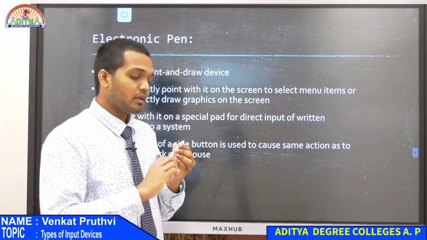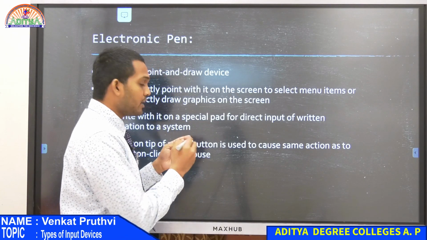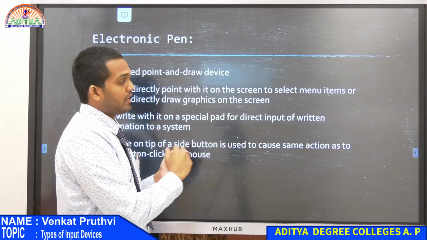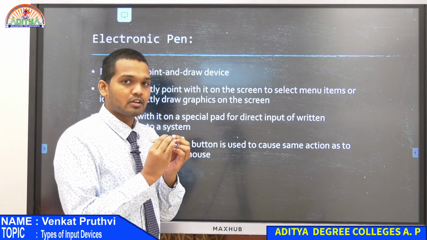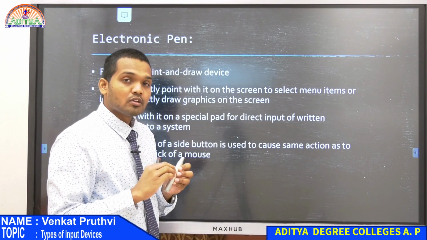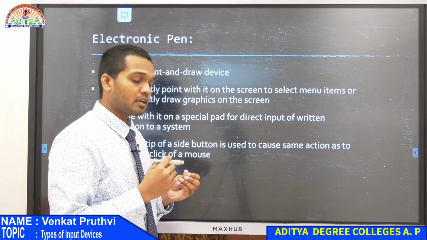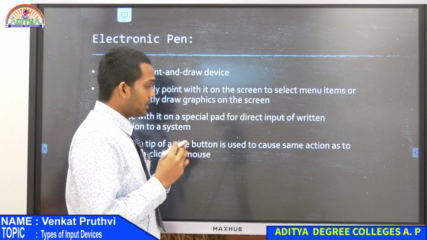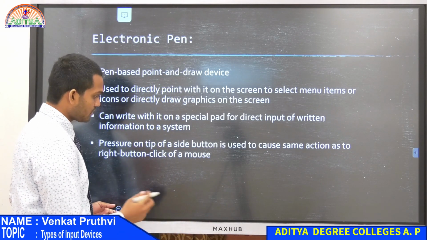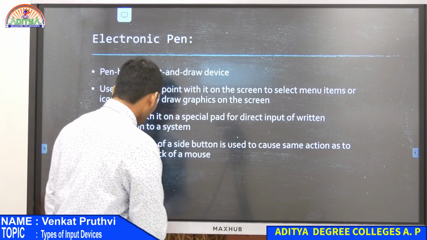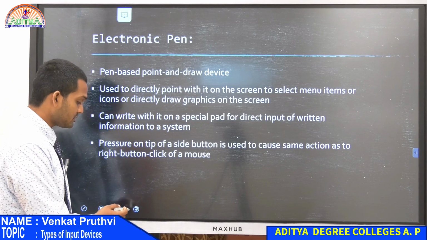Let's assume this is the electronic pen. Now what happened was, when that laser beam was pointed towards the screen, the electronic circuit inside this electronic pen used to communicate with the computer hardware. How is it communicating with the hardware? Whenever a laser beam is falling, suppose I'll show you, if you are able to see this option here, you have three dots here, right? You are able to see these three dots here.